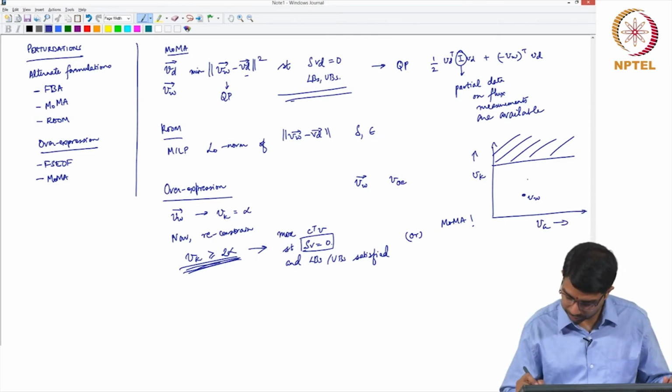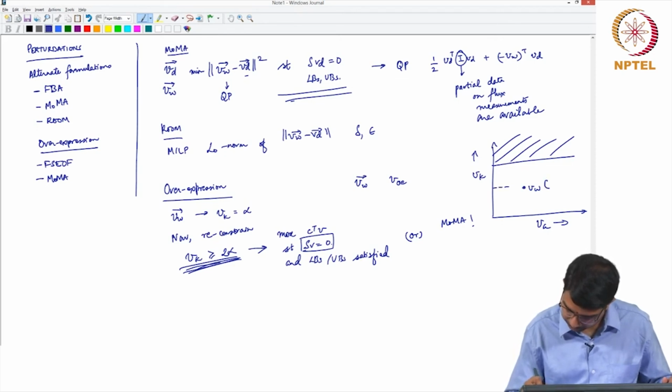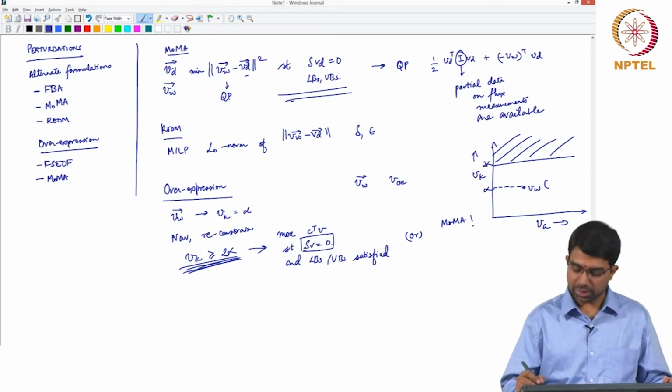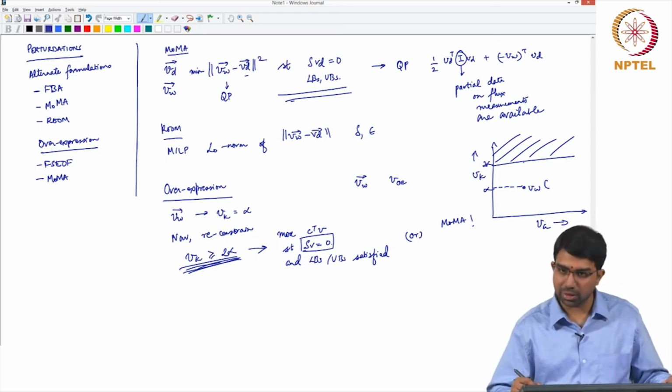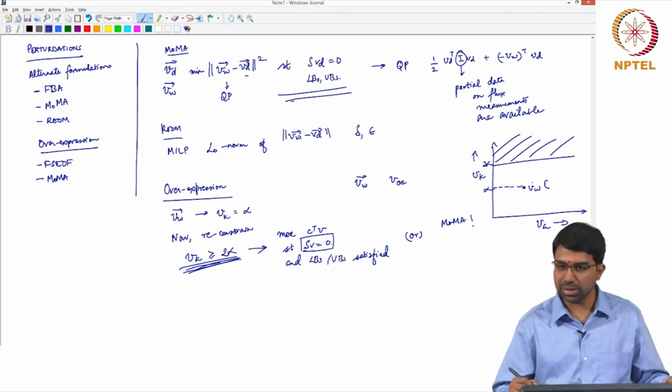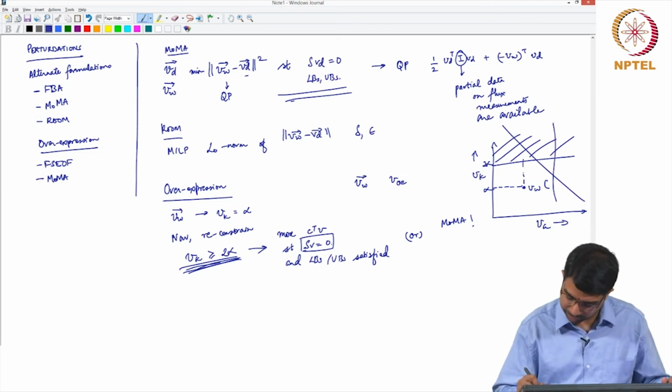Now I am saying that, let us draw it more correctly. Okay, so this is some alpha and this is 2 alpha. Now I am going to say that Vk is greater than 2 alpha. So find the closest flux that agrees with other constraints, maybe there are other constraints like this, whatever. So find the closest flux